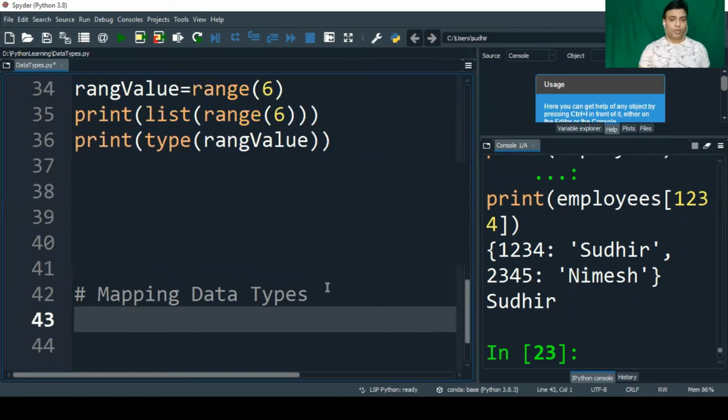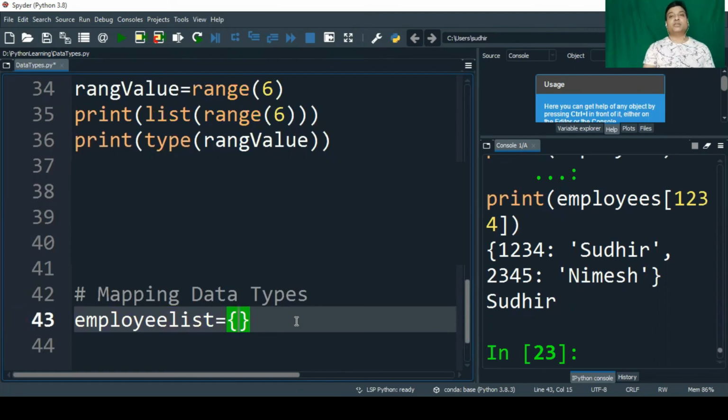Suppose you have a list of employee IDs. You want to display the employee name on the form with employee ID and employee name. Consider just this scenario. Let's take an example of a list of employees. I'll name it employee list, and for this mapping data type you have to use curly braces.